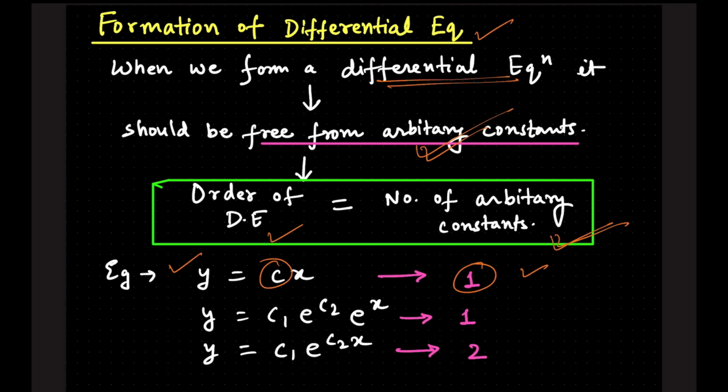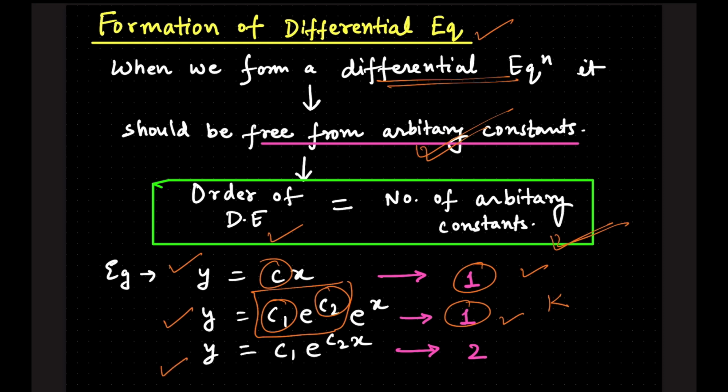So if you see the second equation here also, you will get only one constant. You will be saying that here we have two constants, c1 and c2, but actually this entire thing is a constant. That is, c1 into e to the power c2 is a constant, for example k. So here only one constant again we are getting. So we will differentiate this only one time. Then in this case, if you see,